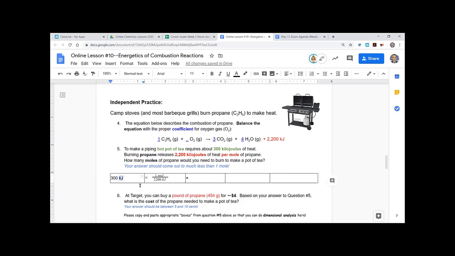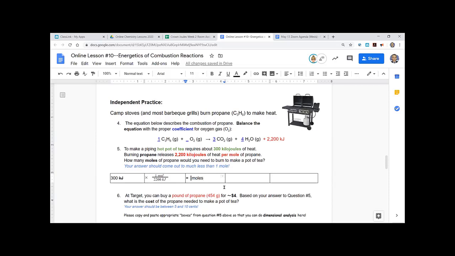And I'll go ahead and show you that that's going to cancel. That's the whole point, that these kilojoules cancel those kilojoules. So do you know the label on this answer you get from that? You would get the moles, correct? Because you canceled out the... Exactly.